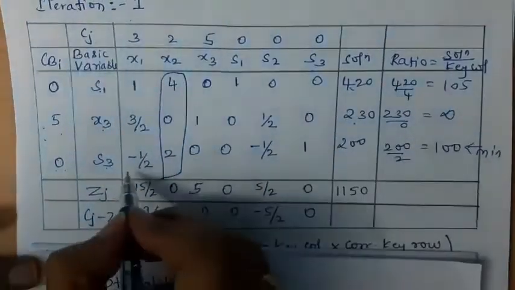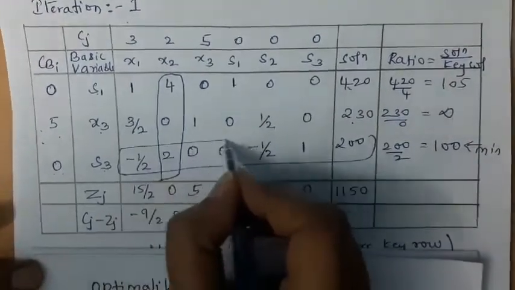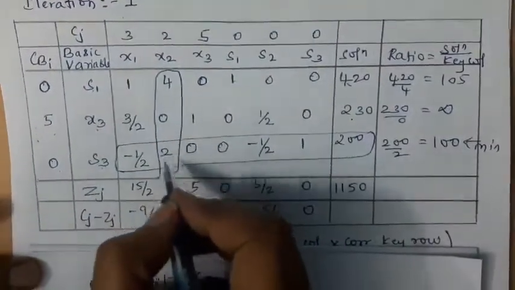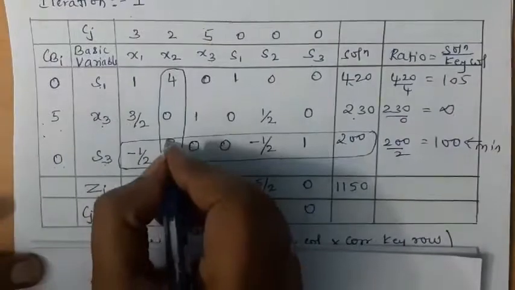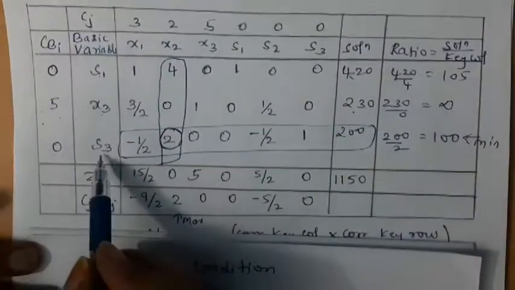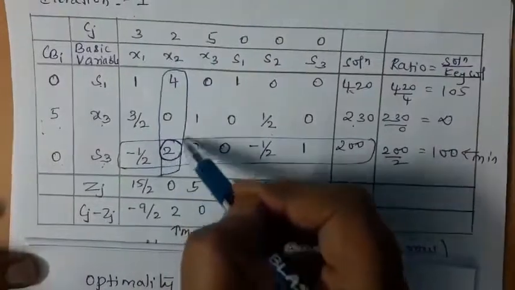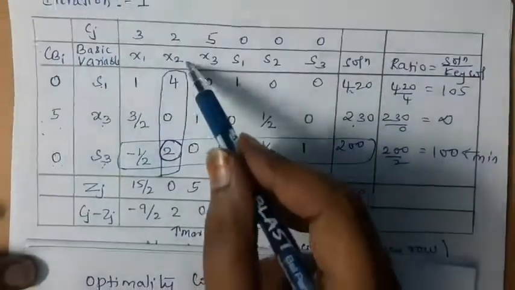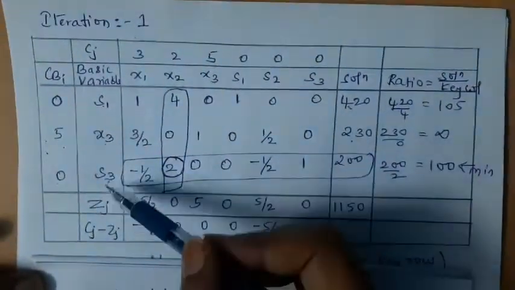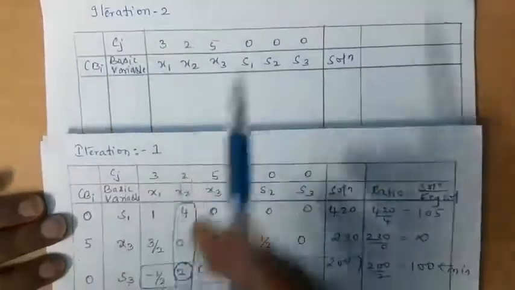So consider this row as key row now. So this row up to solution we need to select. So this is key row. And the key value is, see, at this point the key row and key column intersect. So 2 is the key value. So this is key value. So now the outgoing variable will be S3 and the incoming variable will be x2, because here we got the intersection. So S3 is outgoing variable, x2 is incoming variable. So we need to proceed with iteration 2. In the next table, in place of S3, we need to write down x2. Now we are going to proceed with iteration 2.